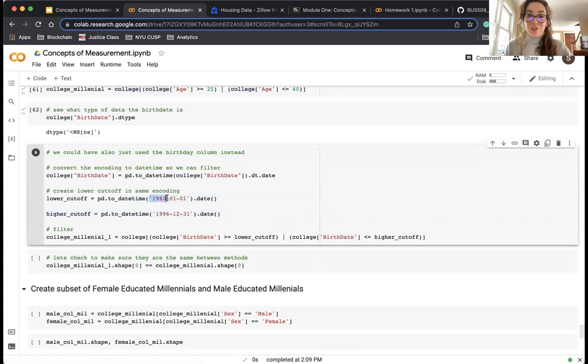Right now, it just sees it as a string. So it has no idea. This is almost like an ordinal data set rather than an interval of saying from 1981 to 1996. It only sees these as categories. It has no idea that it's a date yet. So we have to convert that into a birth datetime by using this toDatetime, make it a date,